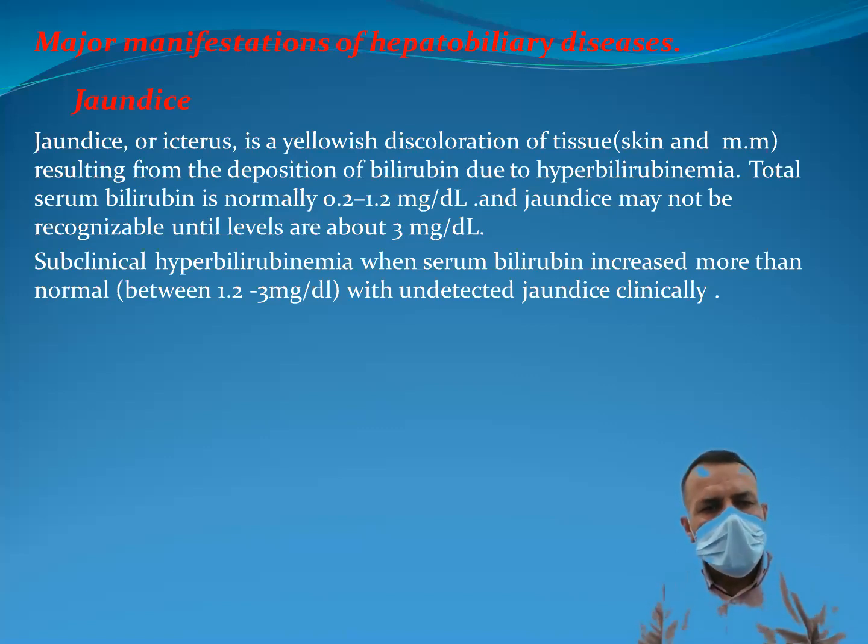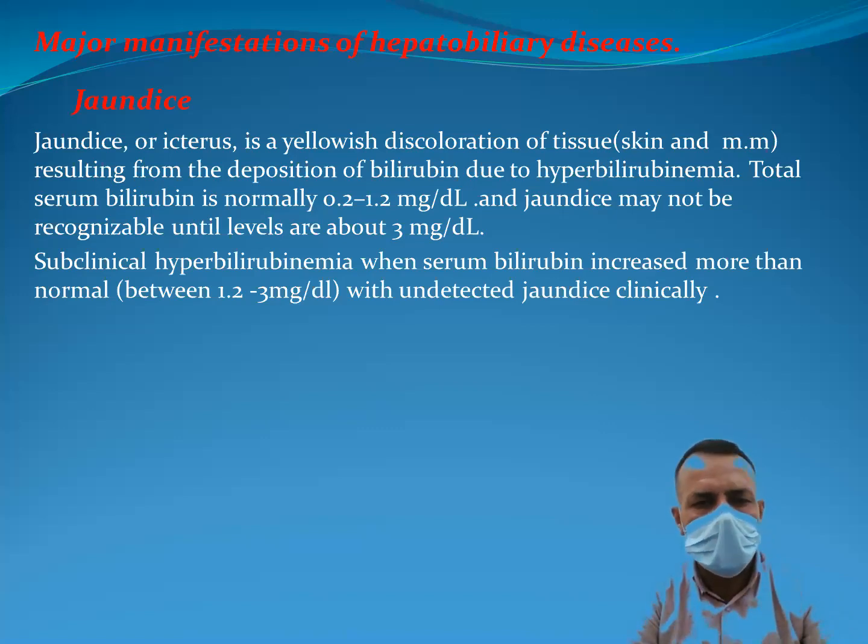The total serum bilirubin is normally 0.2 to 1.2 milligram per deciliter, and jaundice may not be recognized until the level is more than 3 milligram per deciliter. So jaundice does not appear until the serum bilirubin level in the blood is more than 3 milligram per